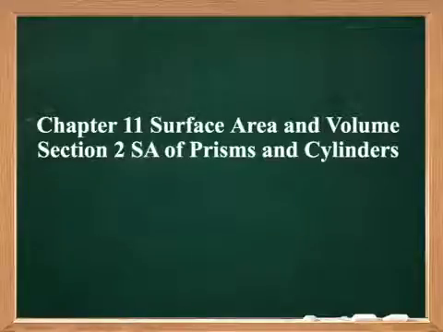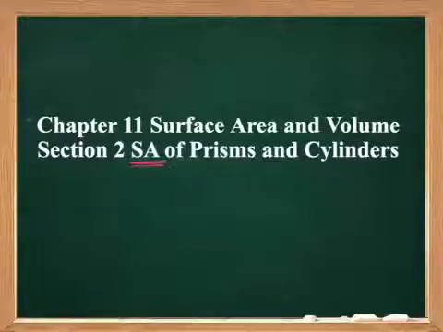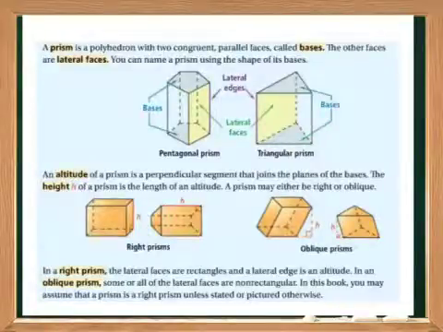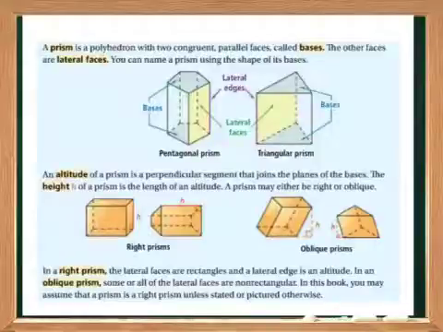Chapter 11, Section 2, the surface area, abbreviated here, of prisms and cylinders. Now, here we're going to start getting into a lot of vocabulary. You can abbreviate where necessary, but make sure you have the diagrams, make sure you know what all of the